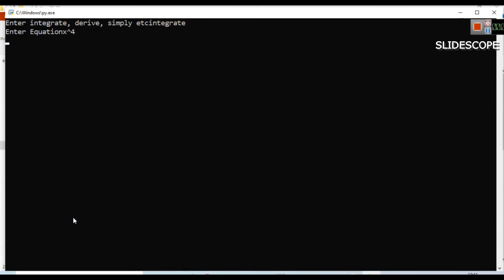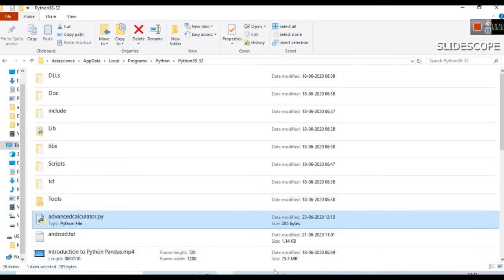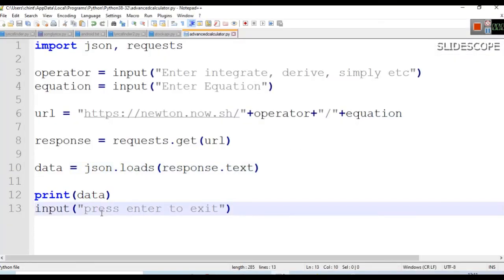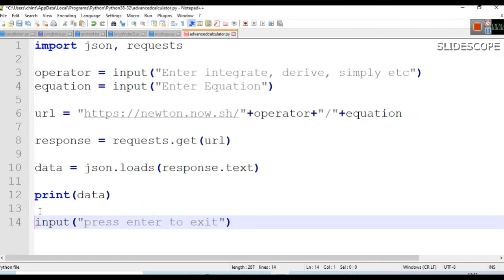You will see that it will give us the JSON output, which is the dictionary, and in this dictionary there are 3 keys: operation, expression, and result. Now press enter to exit. We are seeing this because on line 13 I have written one input here, and in this input I have given the instruction, press enter to exit. So this input will actually hold the screen for us.